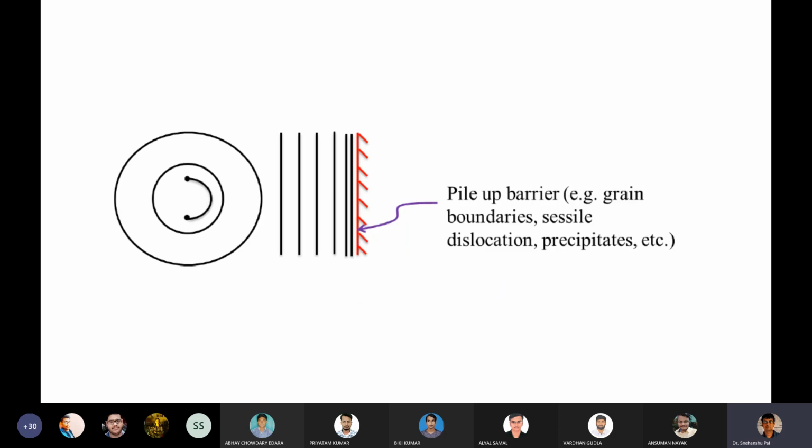So as I already told, when there is a dislocation, it goes out of that source and moves out by the action of applied stress, until the dislocations are held up by the barriers or obstacles. And very commonly known barriers are grain boundaries, sessile dislocations, and